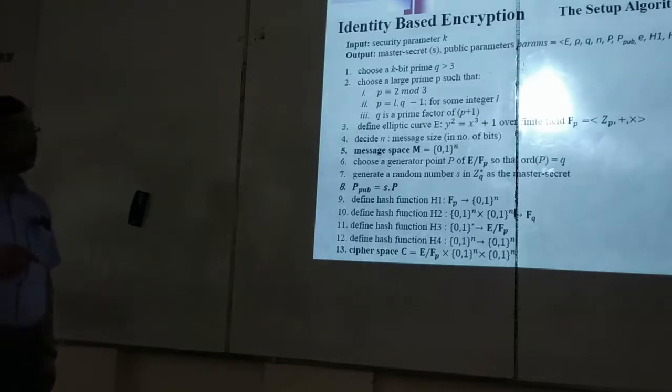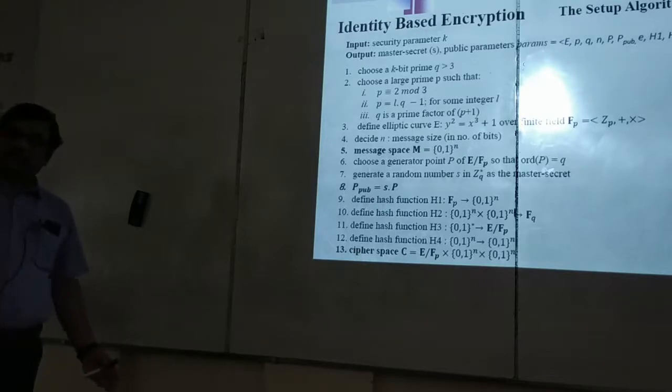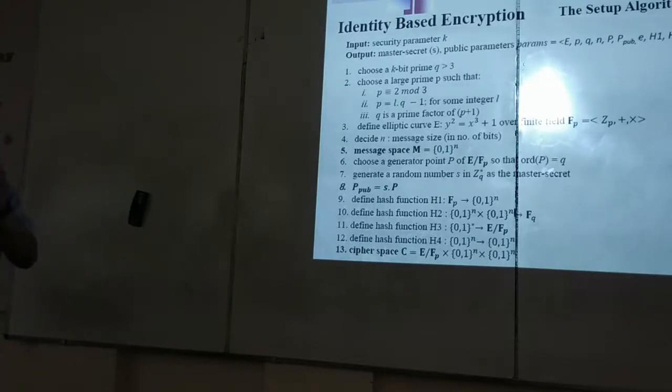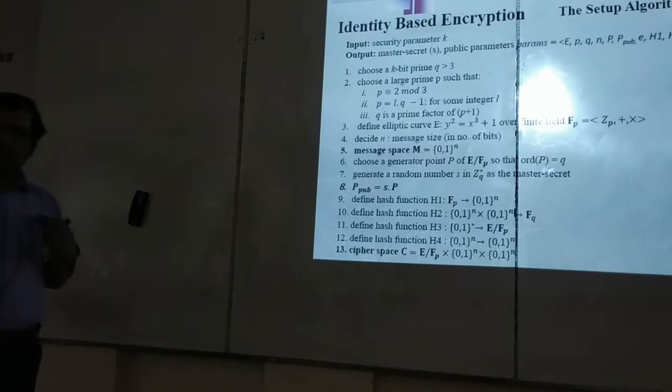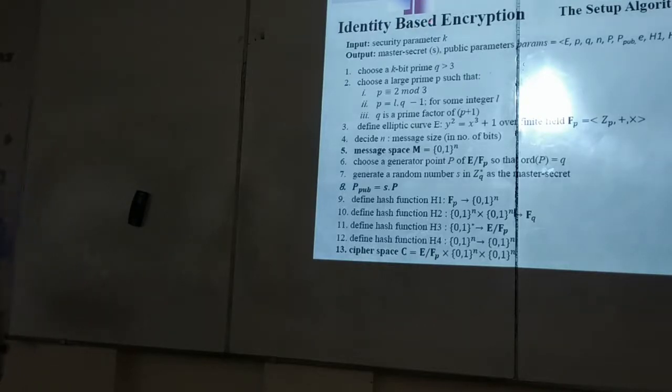However, if Q is large, then the inputs are also large, because you are taking all the inputs from that group, FP or FQ. If you take large prime numbers, you get large inputs, and you have to process those inputs, so the cost of the algorithms is also high. So that is the security parameter. You decide what your strength should be, depending on your funds and resources available.